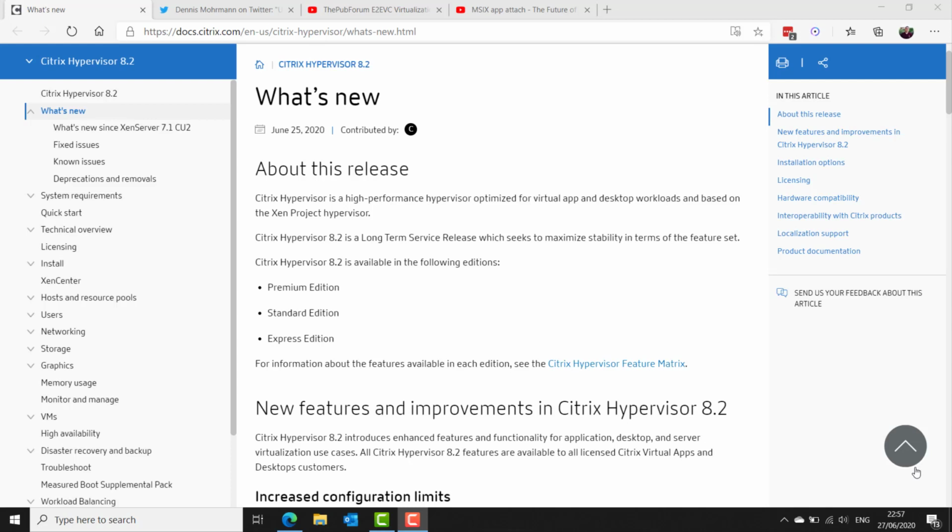Citrix Hypervisor now will also enable easy installation of server TLS certificates, and it's enforcing the use of TLS 1.2 protocol for any HTTPS traffic between the Citrix Hypervisor and an external network.